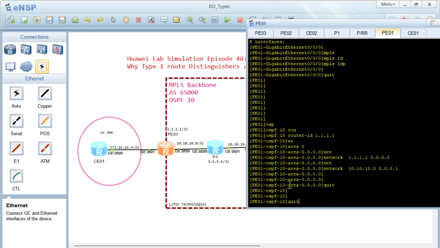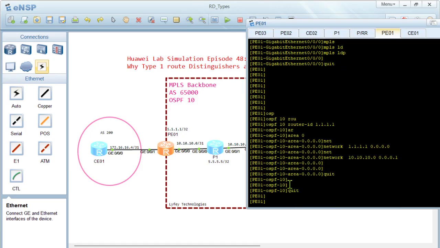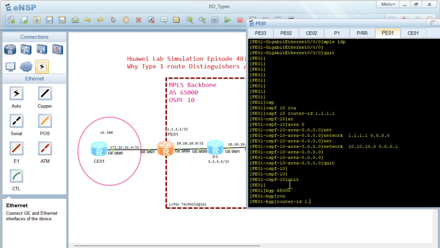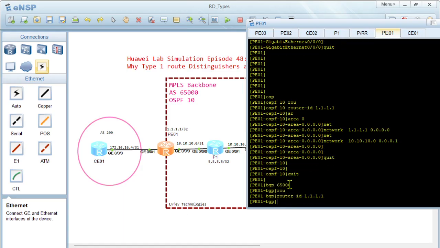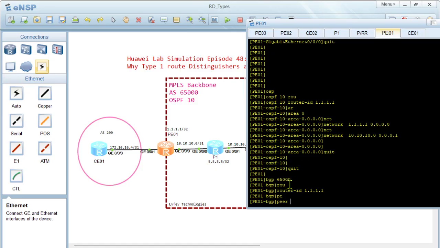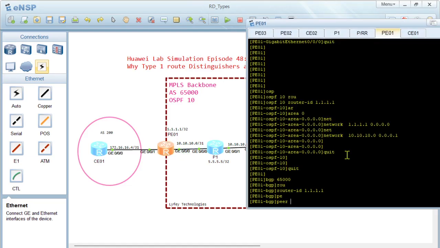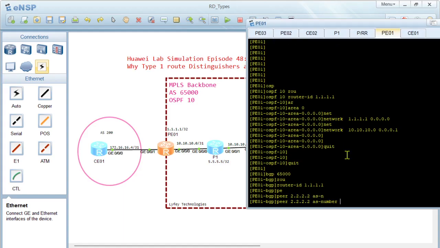After OSPF, I'll also activate BGP between the PE towards the route reflector. So remember this one is in BGP 65000. I can configure the router ID to 1.1.1.1, and then I need to configure the peering session. So remember our route reflector has an IP address of 2.2.2.2, and this is IBGP. So AS number is 65000,